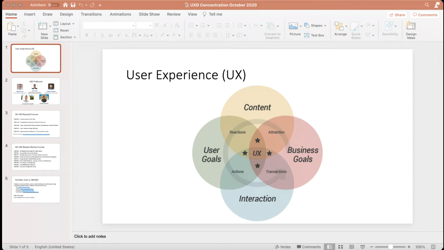And then, not to be neglected, are the business goals. A lot of the time when we do interaction design or user experience design, whether it be for nonprofit, for-profit, government, private corporation, public, et cetera, often the business goals need to be considered a central part of the design process as well. We don't touch too much on this in the first class in the foundation because we're really busy looking at user goals, content, and interaction, which are the pieces that we really need to master and get solid.